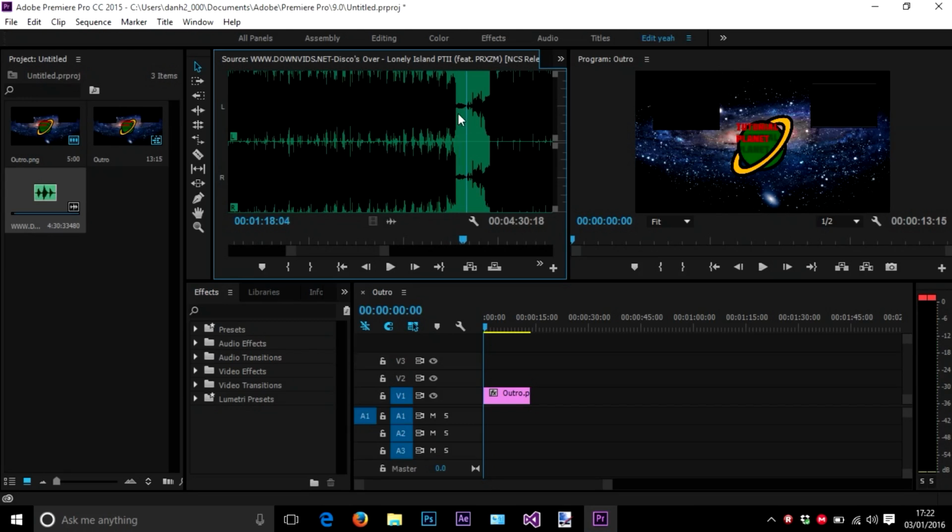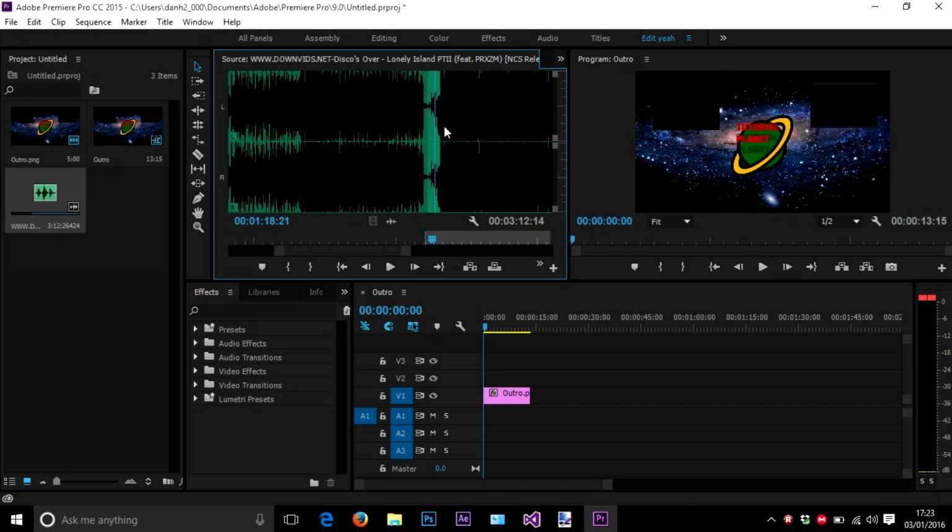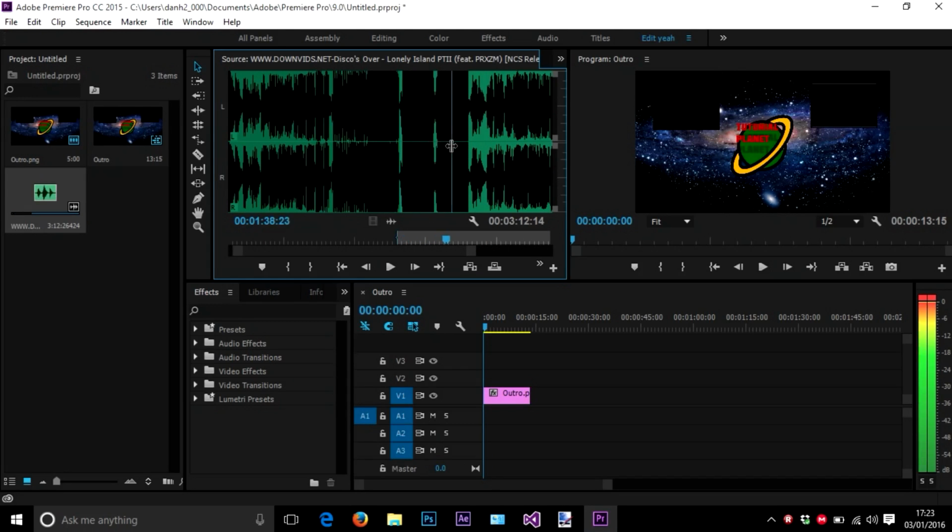And you can mark an in point by clicking I, and then drag it along and zoom out again, and then drag it along to where you want to stop the music, and then click O, which is an out point. So once you have that, you can